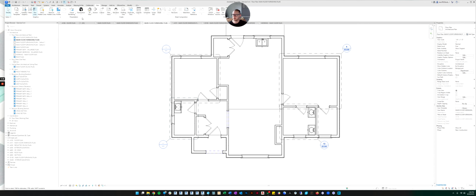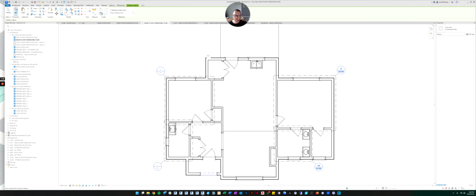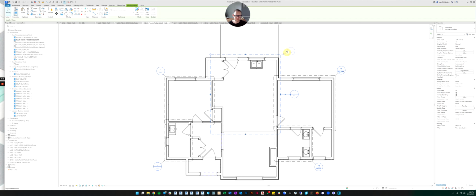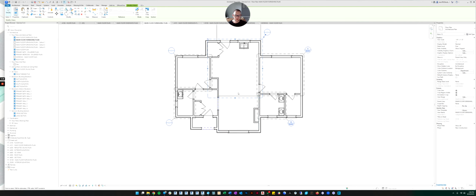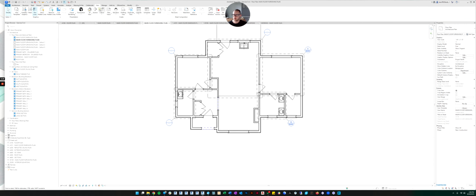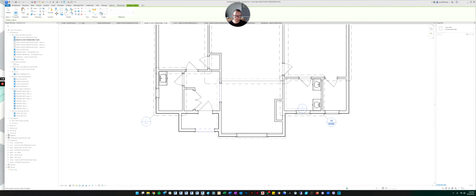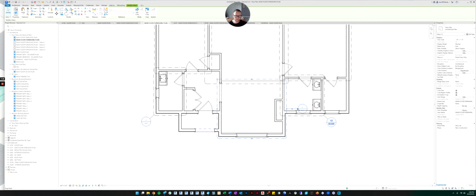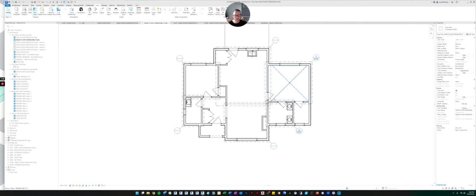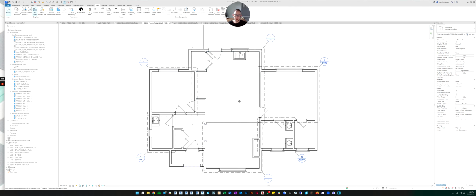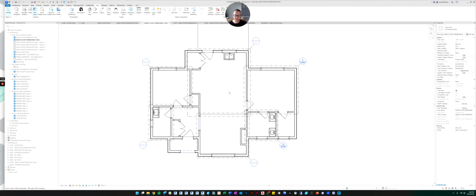So let's continue to make more call outs. In fact, let's combine the kitchen and the dining room into one call out, like that. And we can edit it if we need to. And let's do one more call out for the living room down here. All right. So now we have a call out for most of the main rooms in our houses.